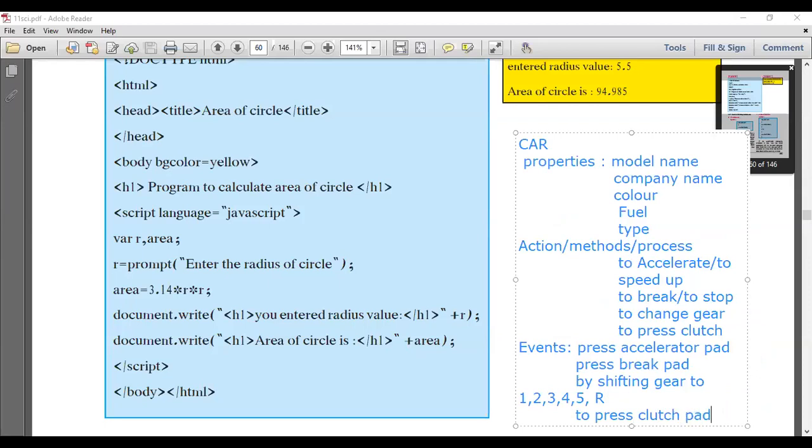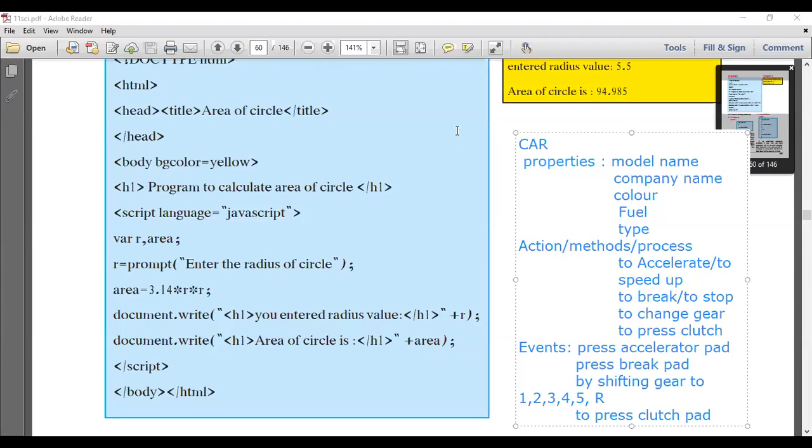When you press the clutch pad, then your car will get smooth, and when your car gets smooth, you have to shift the gear instantly. Meaning two events I have to trigger at the same time to shift the gear.